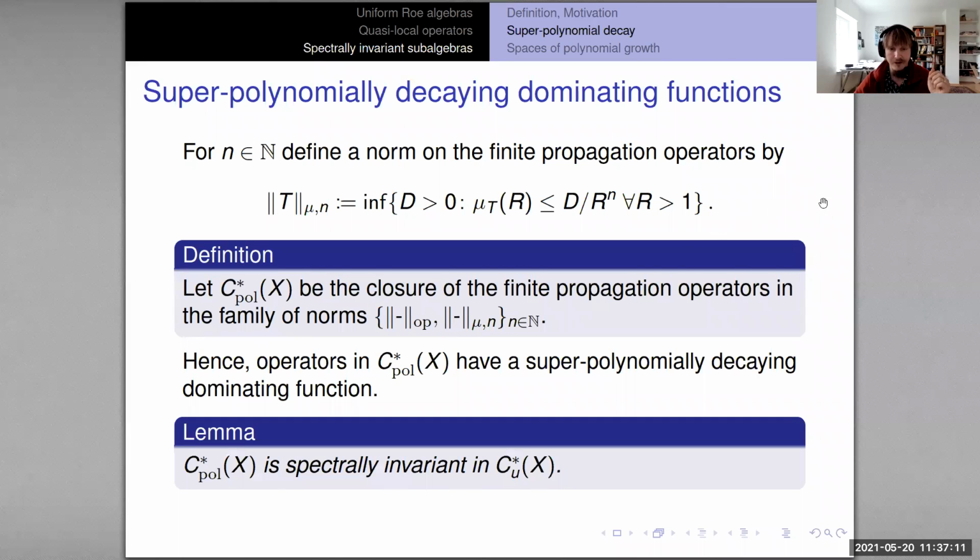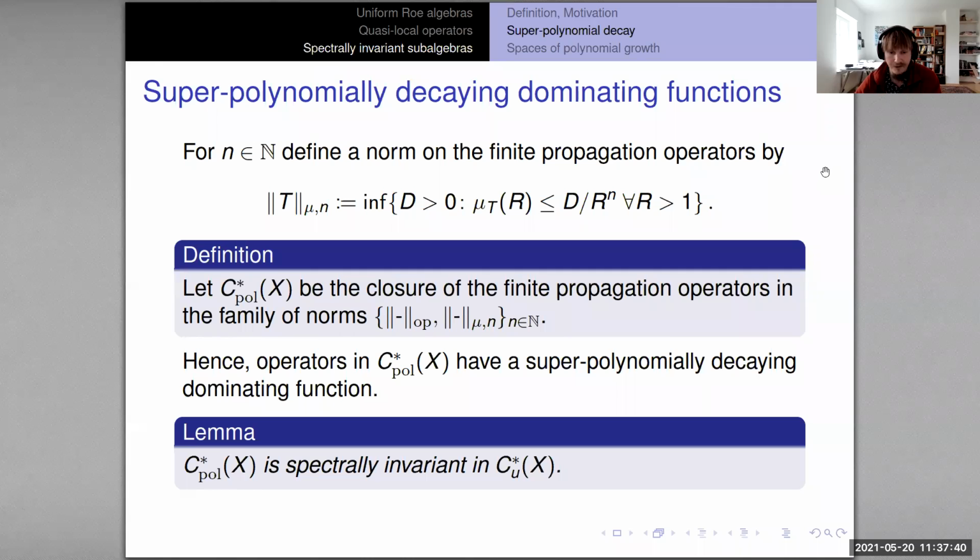And now, of course, the main technical lemma is that this thing is spectrally invariant. And this does not have any assumptions on x, actually. So for every metric space, as far as I remember. So especially no property A assumption or whatsoever. And I also think no bounded geometry assumption even. So that's a spectrally invariant subalgebra that you can always define,